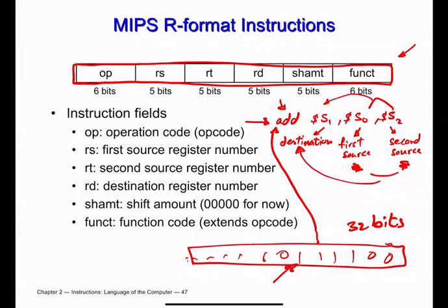The MIPS guys thought about that, and they decided that the first 6 bits, and interestingly, the last 6 bits, will be for that particular thing. They call the first one the op, or opcode. The last one is the function. And by the opcode and the function, we will be able to represent whatever I have here. But then